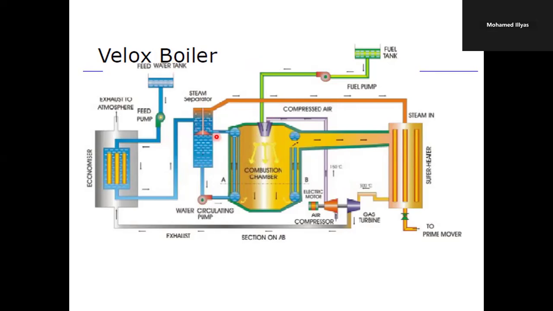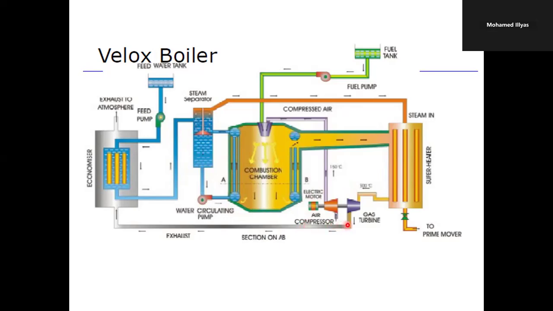In the usual manner, we'll have a steam separator and other heat transfer equipment, namely economizer, superheater, and also we'll have an air preheater. Considering the construction of this Velox boiler, so this is the combustion chamber,